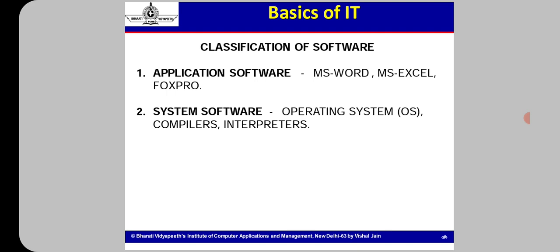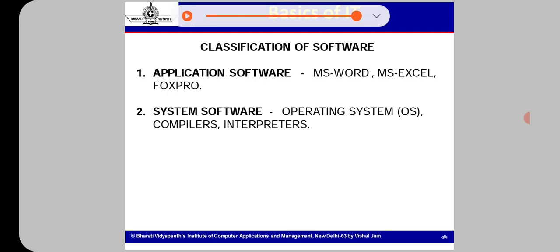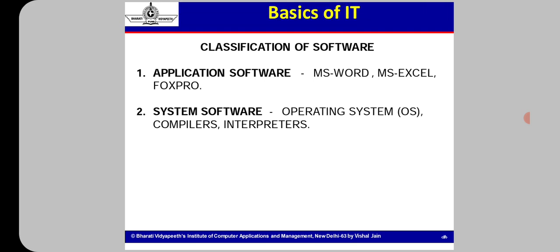Next is compilers. So what are compilers and interpreters? They are translators. So what are translators? To convert any high level programming language into a machine language, we may use some type of system software called translators, compilers or interpreters. So what are translators?